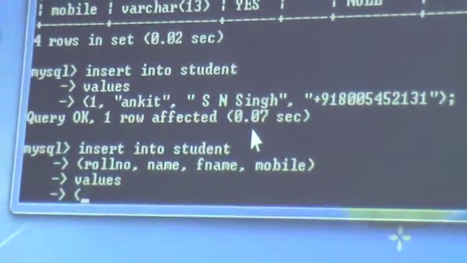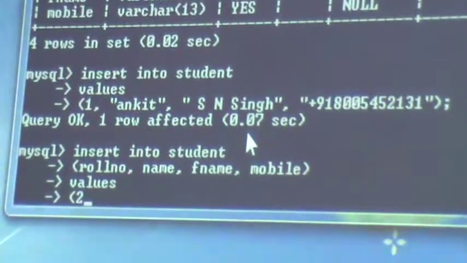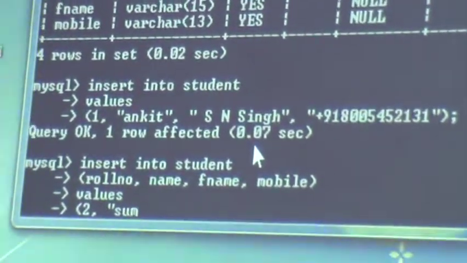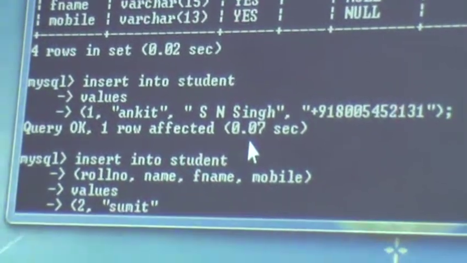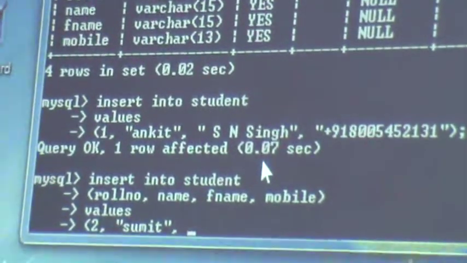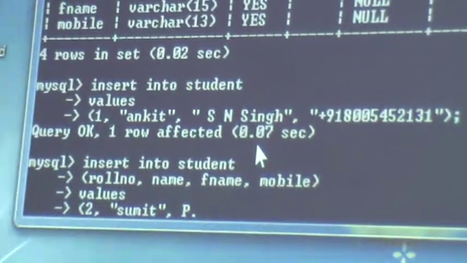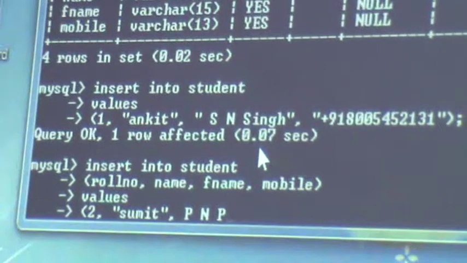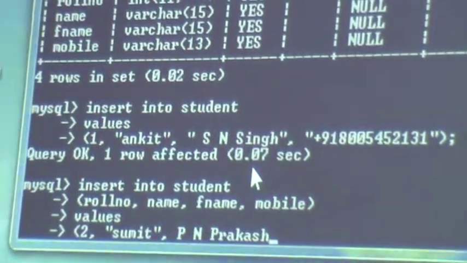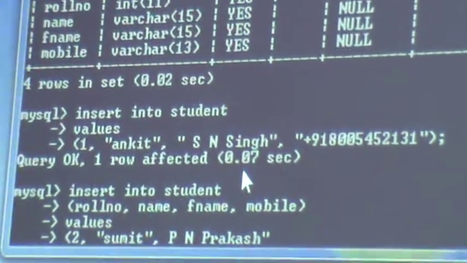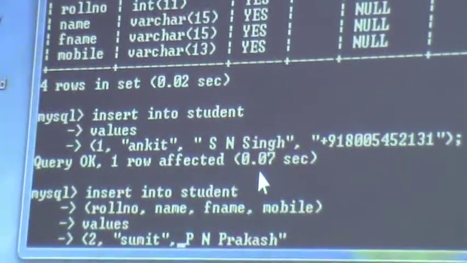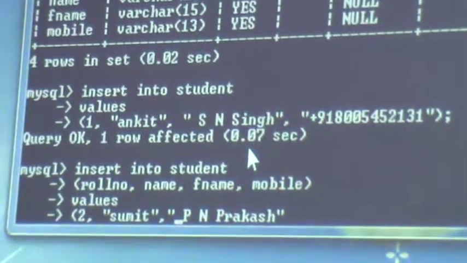Like suppose roll number 2, comma, Sumit, PM Prakash, suppose, in double inverted commas.